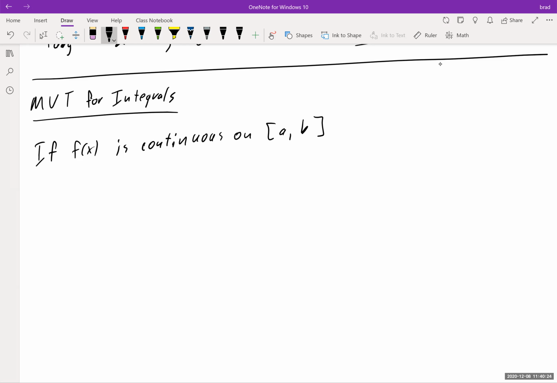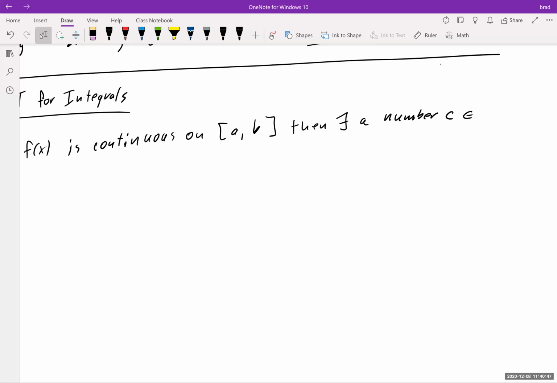So if f of x is continuous on [a, b], then there exists a number c that is an element of [a, b] such that